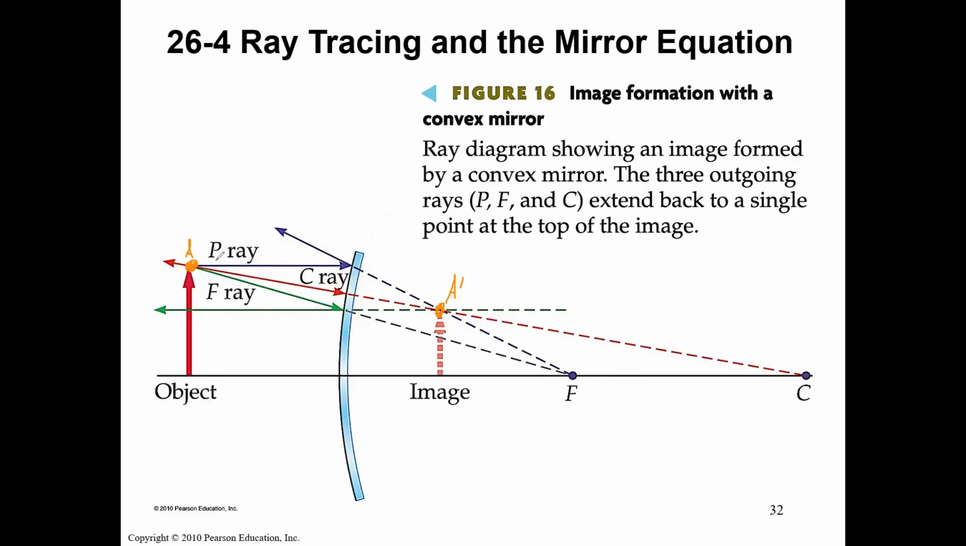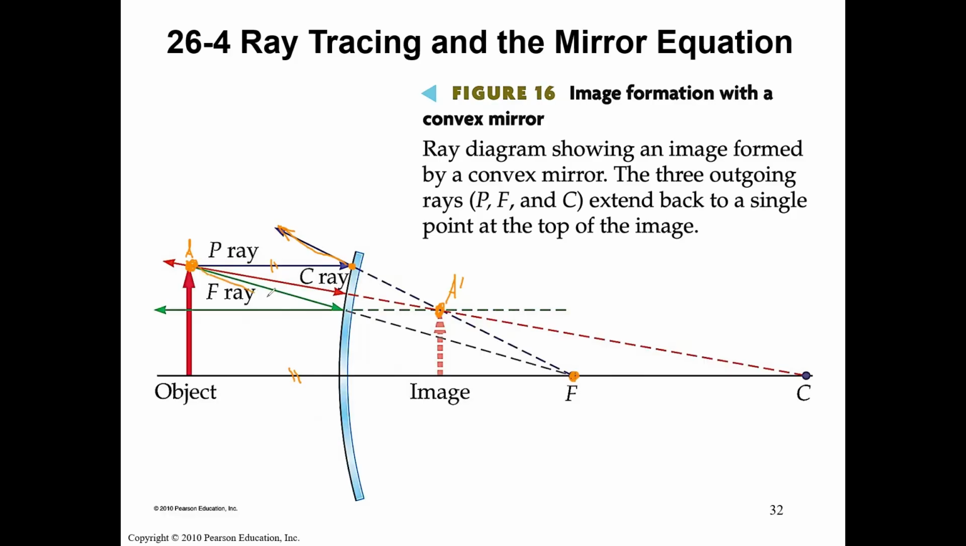So we draw a P ray that is parallel to this principal axis, and we know that the reflected ray should go through this direction. The P ray hits the mirror at this point. We connect this point and the focal point, and we extend it. We know that this is the direction of the reflected P ray. Similarly, if you have an F ray, you connect this point A and the focal point F,